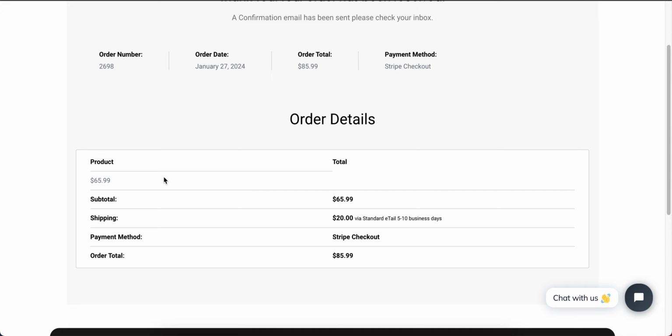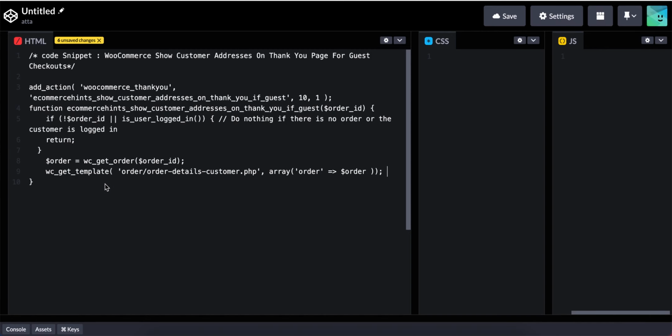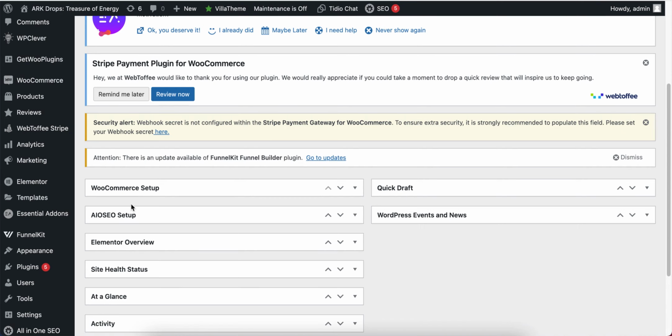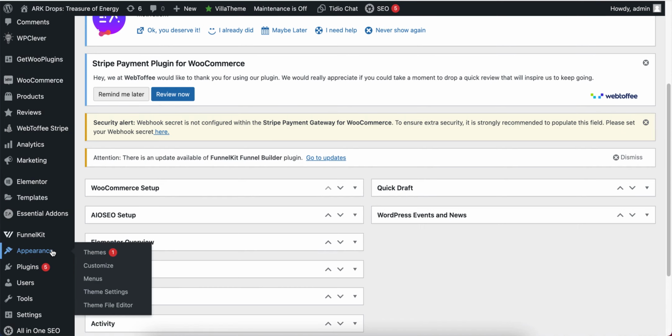So let's go back to the WordPress dashboard. Here you will see this code snippet, so don't worry, I will provide this code snippet in the video description. And let me copy this code snippet from here. So I'm gonna copy from here, and let's go back to the WordPress dashboard. And here you will see the appearance, and then click on theme file editor, right? So I'm gonna click here,